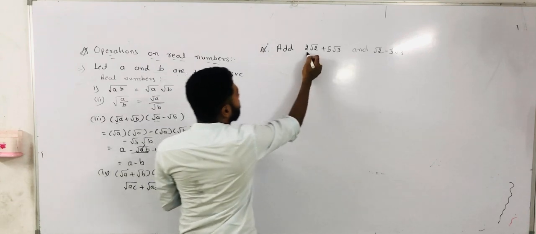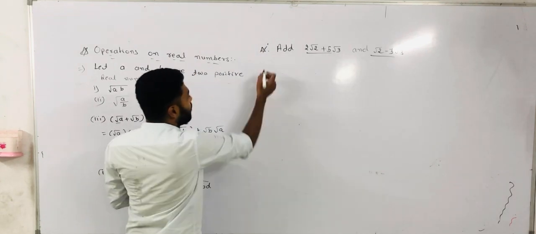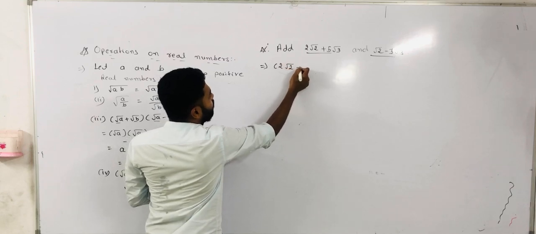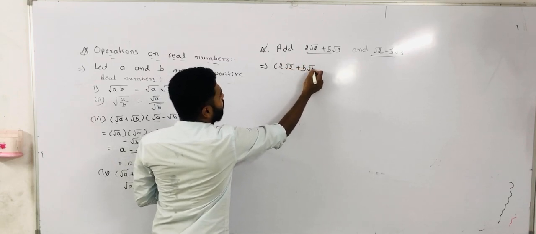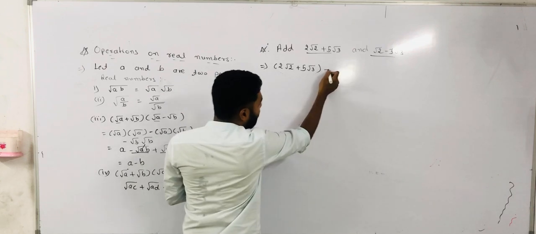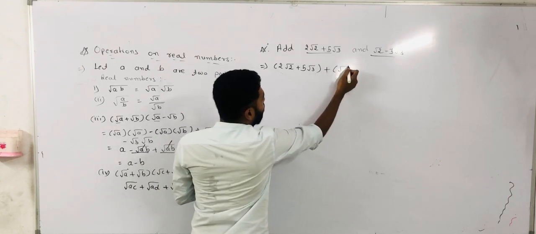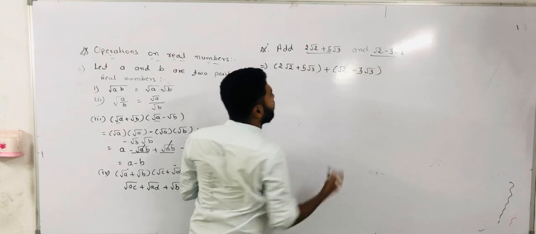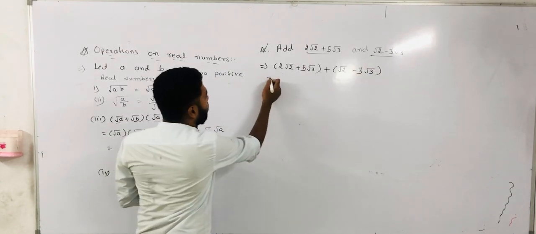We have to add these two irrational numbers. So 2 root 2 plus 5 root 3 plus root 2 minus 3 root 3. Now